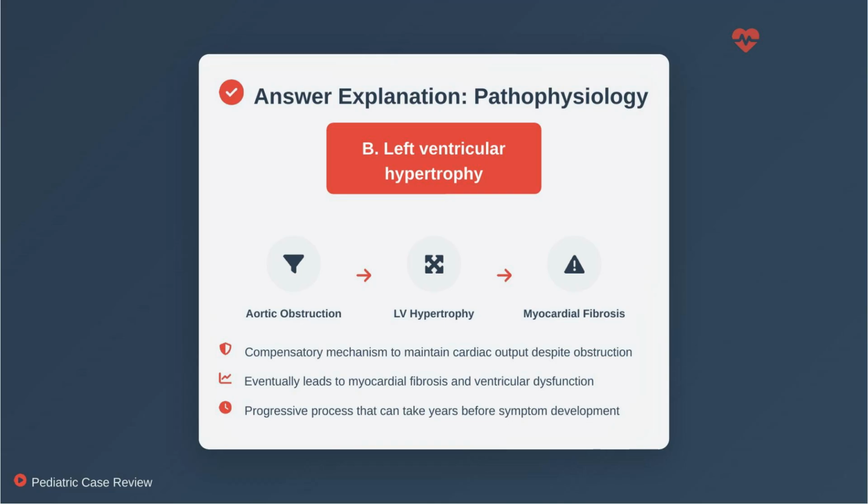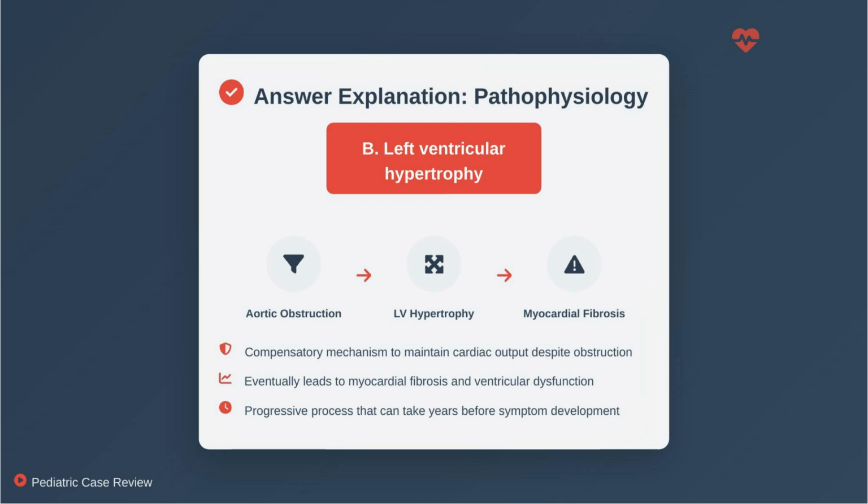Left ventricular hypertrophy. In aortic stenosis, the left ventricle faces increased afterload, causing myocardial hypertrophy to maintain adequate cardiac output despite valvular obstruction. Over time, this compensatory mechanism fails, leading to myocardial fibrosis, diastolic dysfunction, and eventually systolic dysfunction with